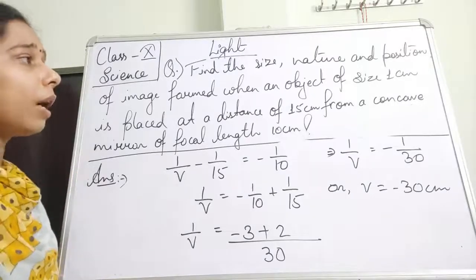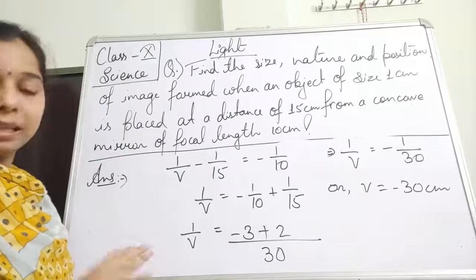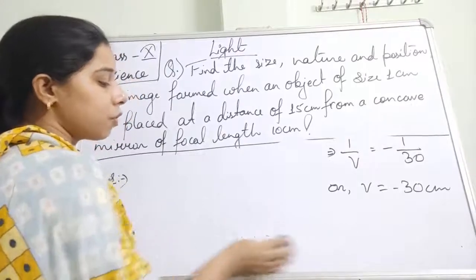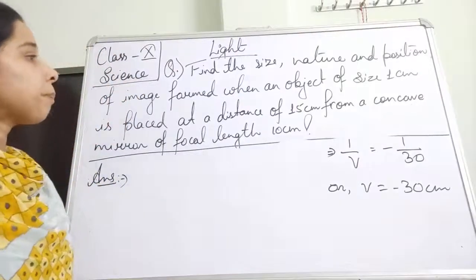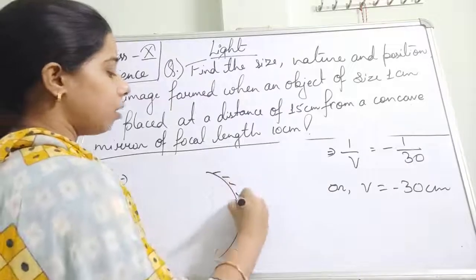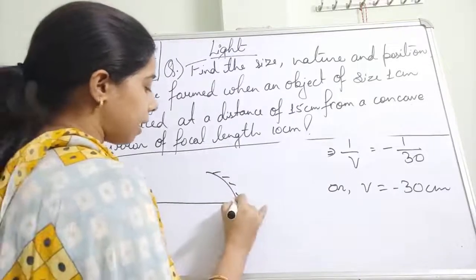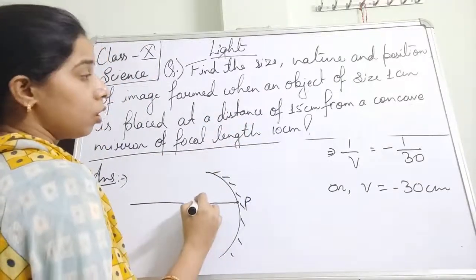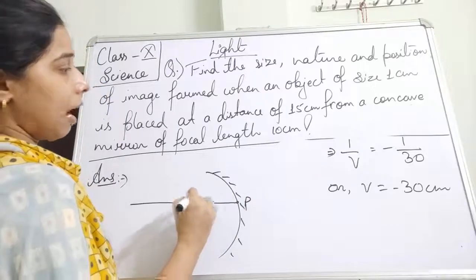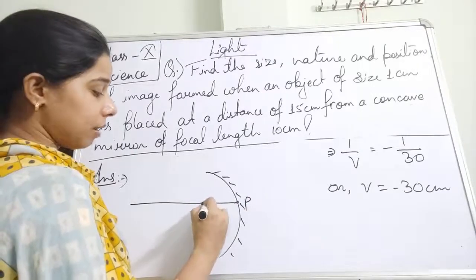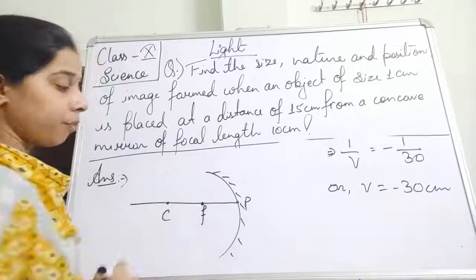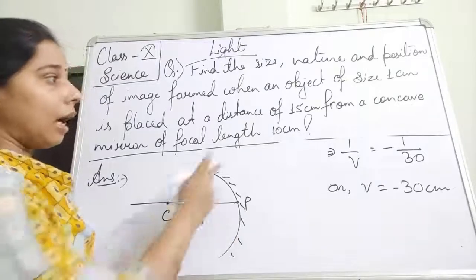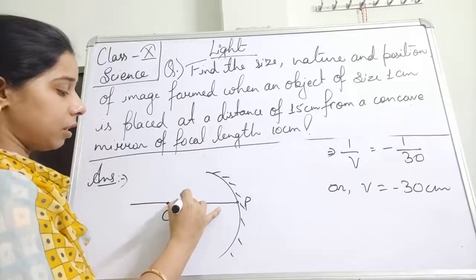Now let us try to understand, students, what will be the nature and what will be the position again. Now you see here, what are the things that we have got from this? So suppose we say that this is a concave mirror, and the object distance from the pole is 15 centimeter. So if this is the pole, this is the object distance, and the focal length is given, that is 10 centimeter. So if this is F, students, and this will be C. You know that the focal length is 10 centimeters, so the center of curvature will be 20 and here the object distance is 15 centimeter.